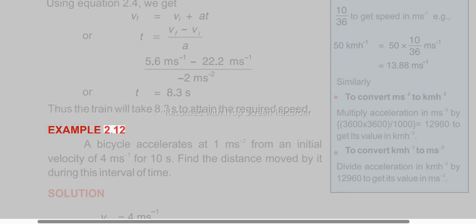Example 2.12. A bicycle accelerates at 1 m/s² from an initial velocity of 4 m/s for 10 s. Find the distance moved by it during this interval of time. Solution. Applying equation 2.6, we get